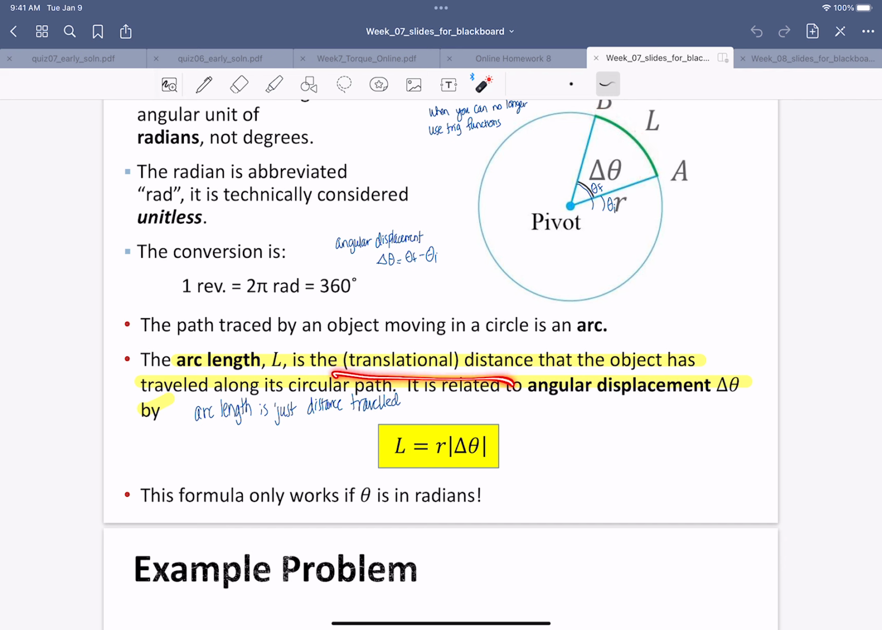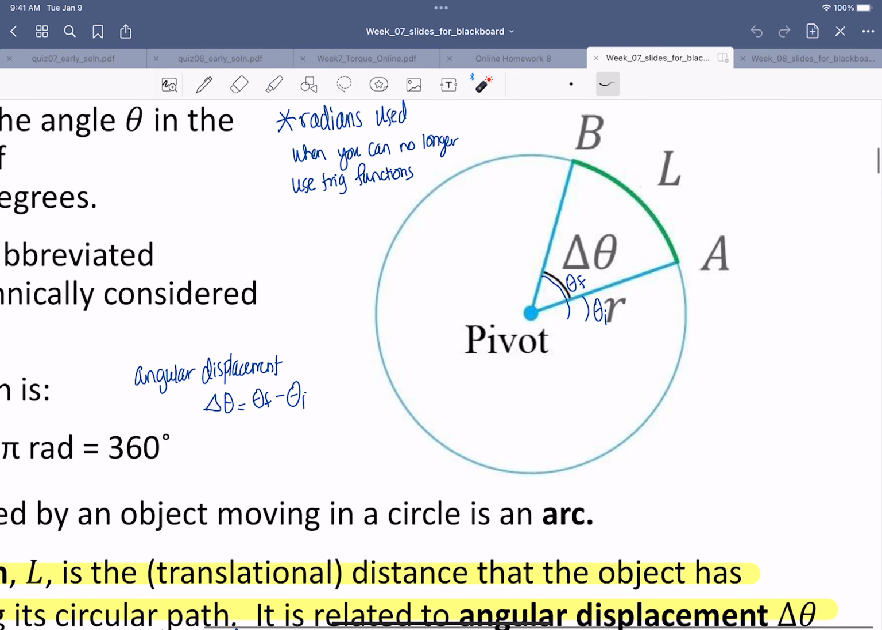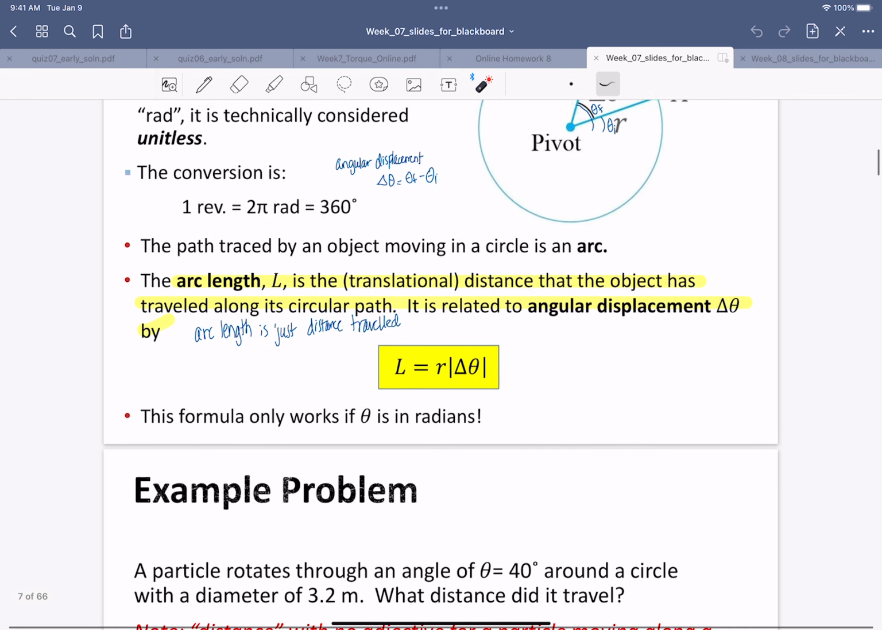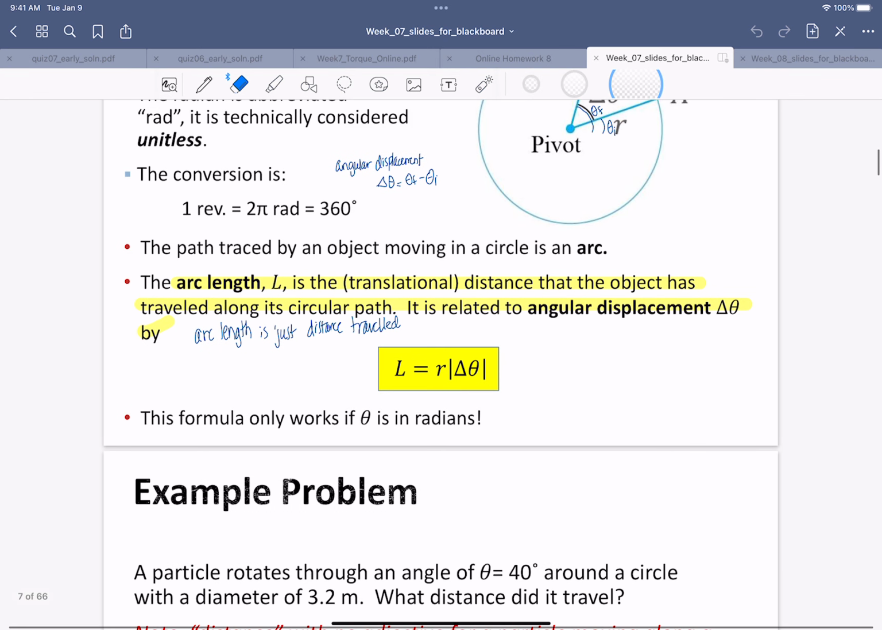And then that's the translational distance. By translational, I just mean almost like a linear distance on a straight line, just literally the distance that you travel without respect to any rotation or angle. Just solely how far you traveled. So I could go 20 meters here and I covered maybe a 30-degree angle of the circular path. So in order to convert between your angular position and your arc length, we have